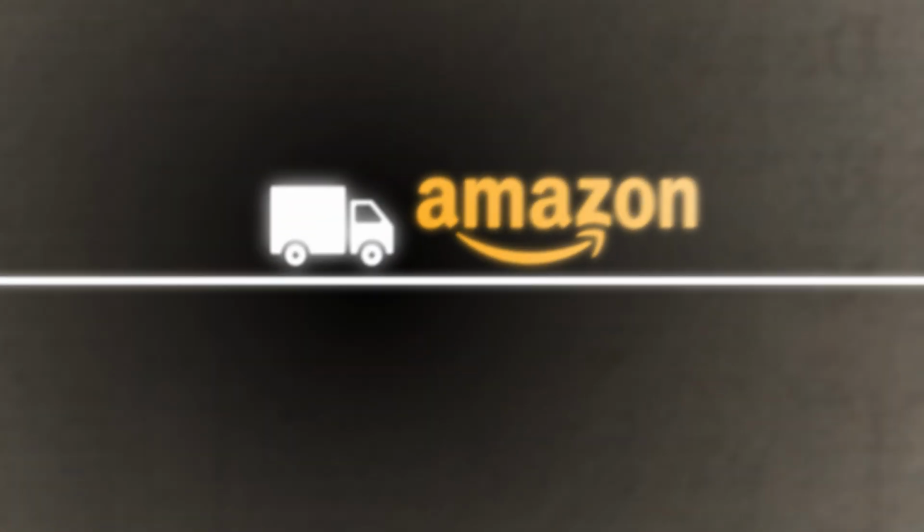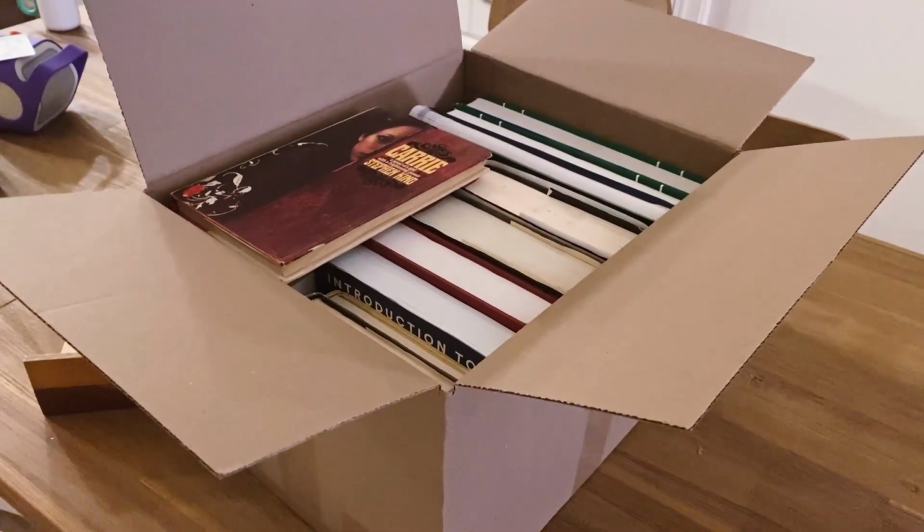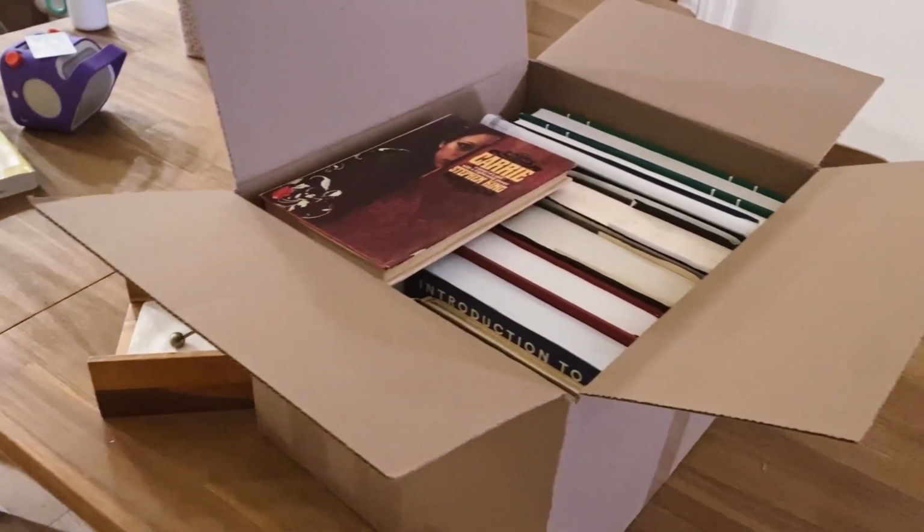In today's video, I'm going to share with you how you can ship books to Amazon using a third-party listing software called Go2Lister, and I'm going to try to make it as simple as possible. So what I've done over here is just laid out all the books that I have to ship to Amazon,